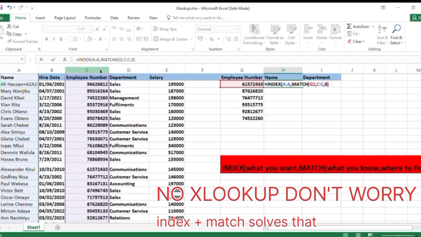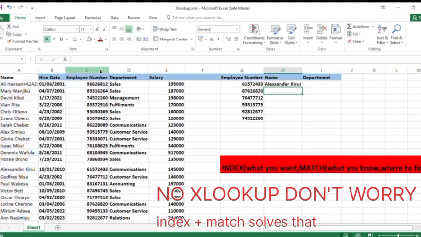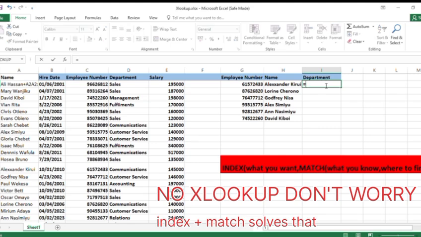So as usual, we press the equal sign, then you type INDEX. It normally appears on your screen. Double tap on it to open a bracket, then tap on column D, comma, write MATCH, open the brackets, press on the cell G2, comma,